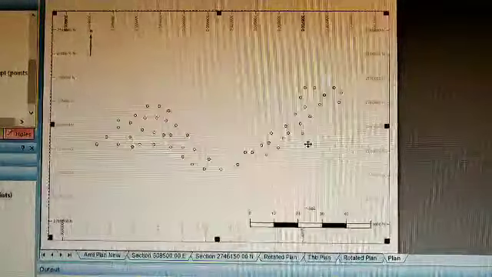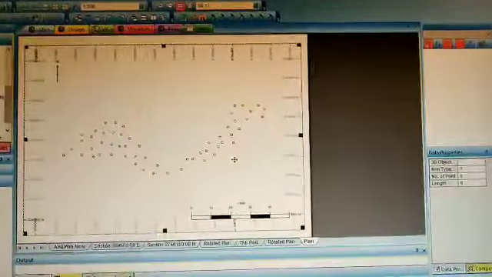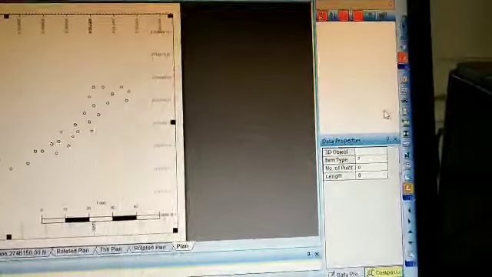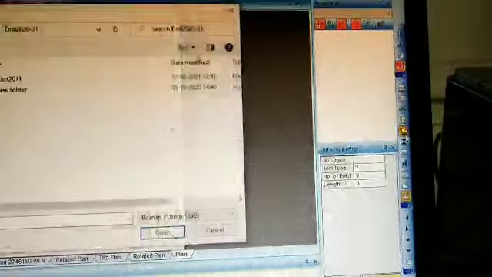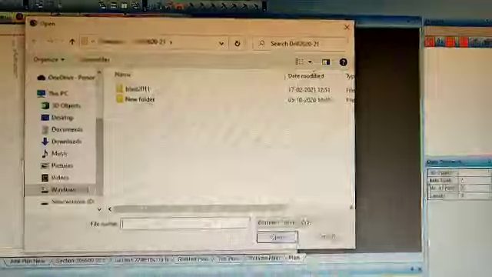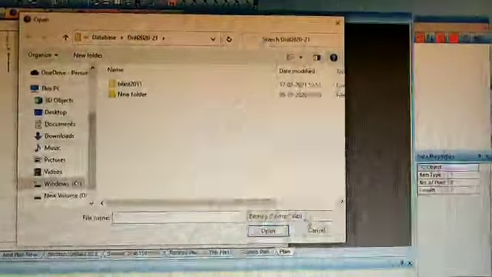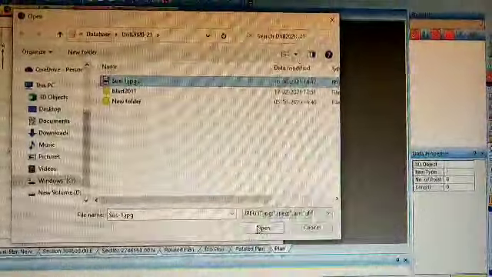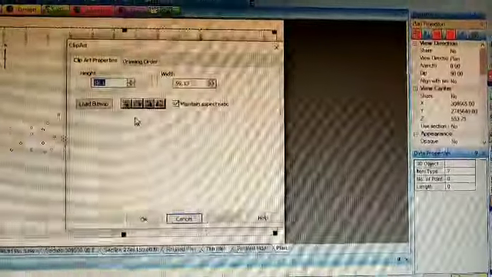We can browse. Like this is one of the logos we are going to fit.